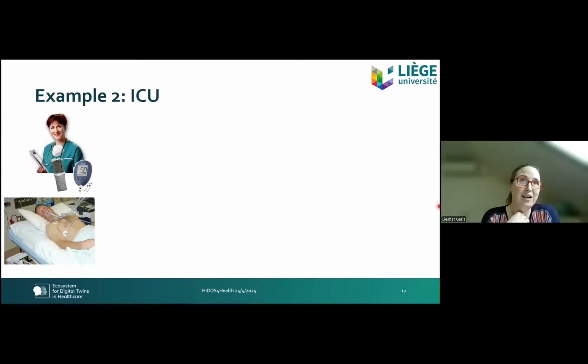Another example is an example of what could be very close to an actual digital twin in the strictest definition that you could have, and that is on intensive care unit, and more specifically on glycemic control in the intensive care units. So patients are on a steady infusion with food, or with glucose or fructose or sucrose, I guess, and then